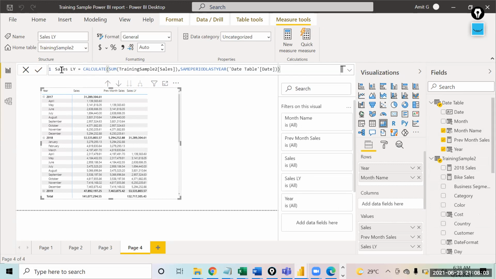Any number of tables in this report, measures can be created across them, whether they have a relationship or not. Measures can be kept in any table. Because in the measure, you are mentioning the calculation, that I want to find the sum of sales from this table. You are also using two tables: one field comes from the date table, one from the sales table. So depending on the calculation, it can be kept anywhere. Okay.